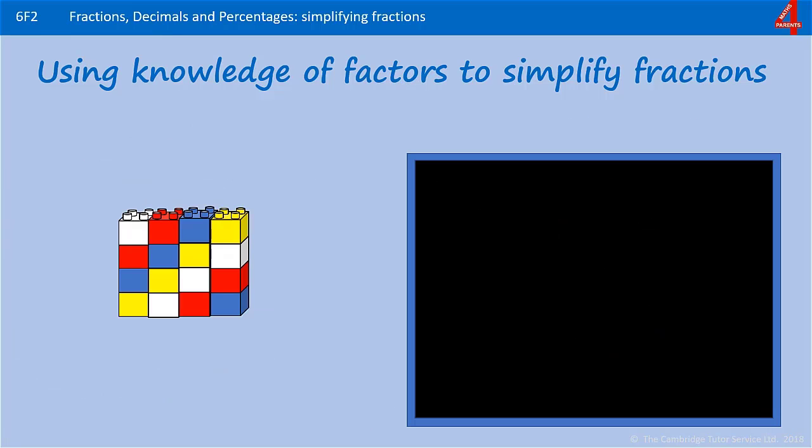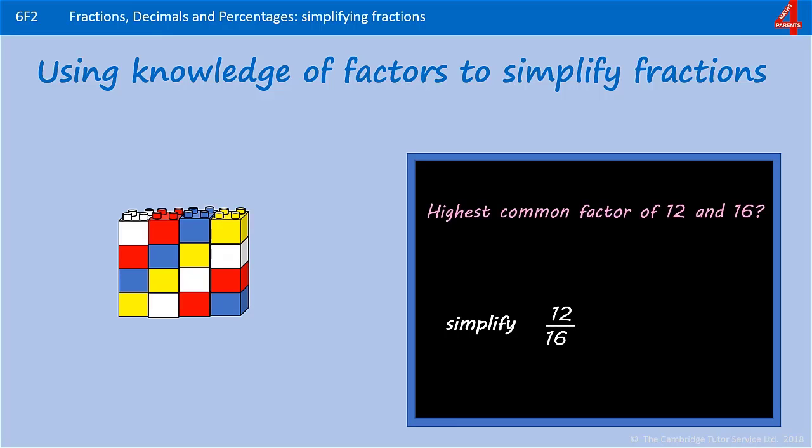Here's one for you to try. Simplify 12/16ths, finding the highest common factor of 12 and 16. Pause the video, have a go. They share a factor of 1. They're even, so they share a factor of 2. 12 has a factor of 3, but 16 doesn't. They do share a factor of 4, and if we kept going, we would find that